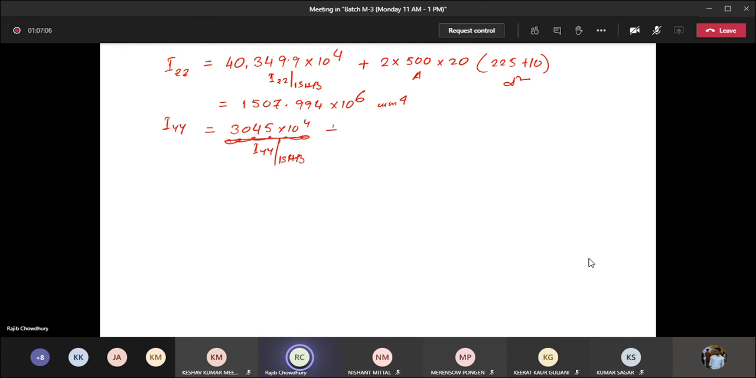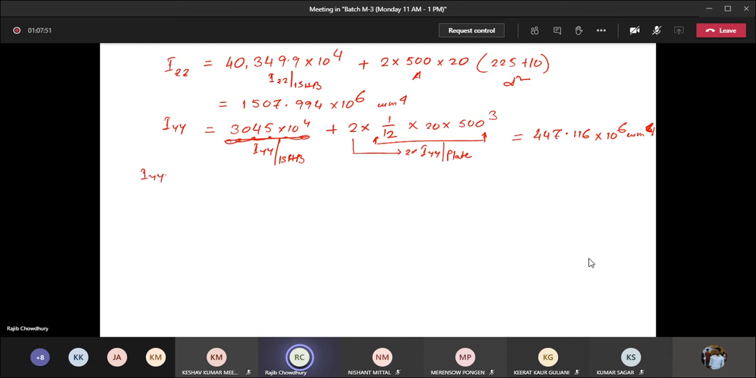ISHB plus 2 times 1 by 12 times 20 times 500 cube. This is for the Iyy of plate. So 2 times, it becomes 447.116 times 10 to the power 6 mm to the power 4, not 6, mm to the power 4. So out of this we can easily get it